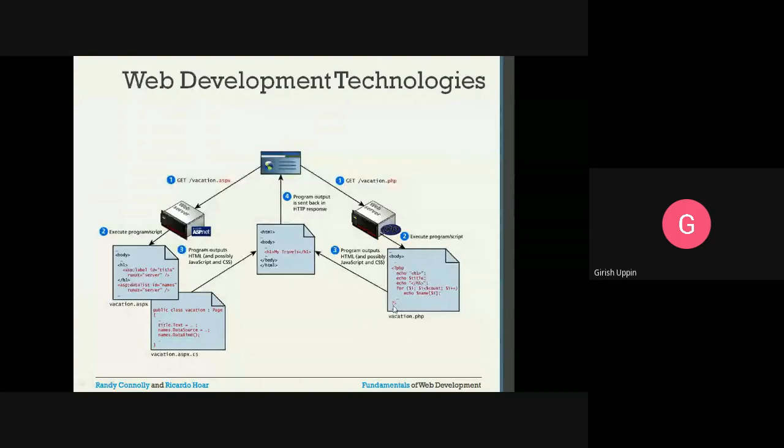So echo header h1, echo title. We are going to learn about this PHP language in brief. This will execute, and whatever the program output is, as HTML, is given back to the browser as an HTTP response.